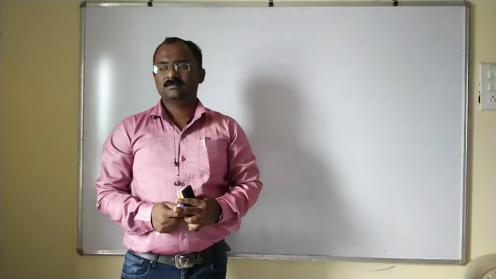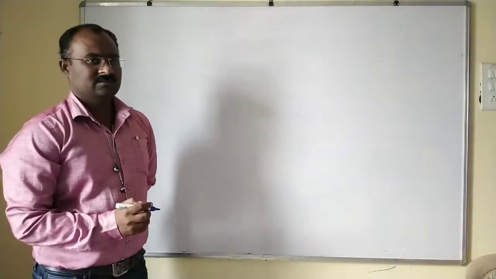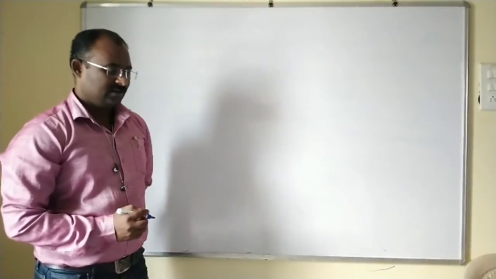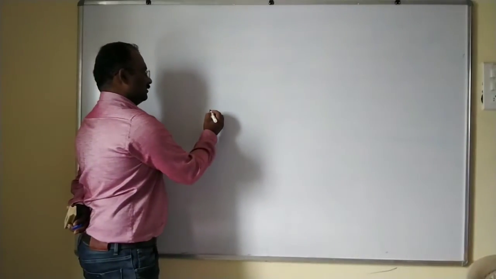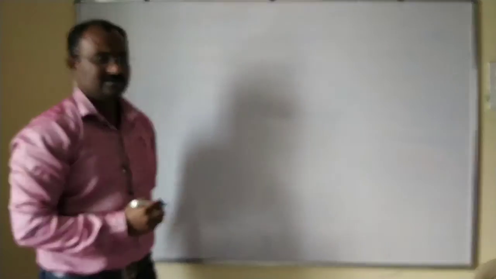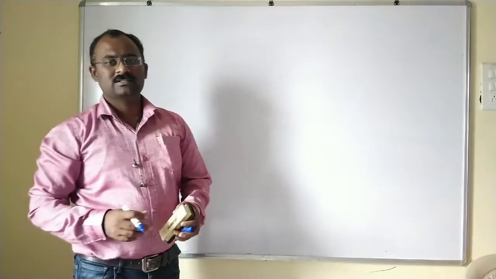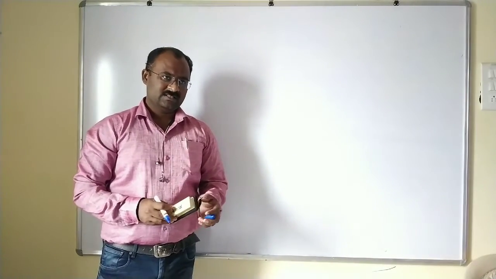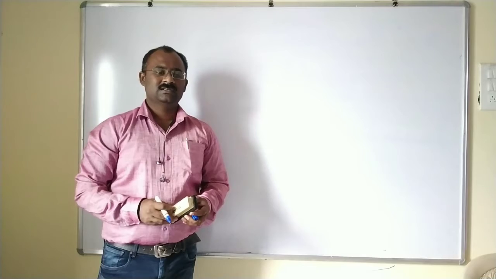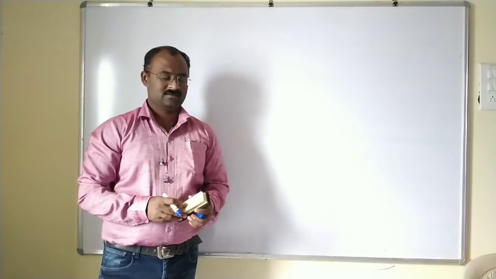Welcome one and all. Today we are discussing the structure of atom and orbitals. The main question is, what is meant by atom? Atom is the smallest part of the universe which is indistinguishable. This atom consists of three particles, that is proton, neutron and electron.